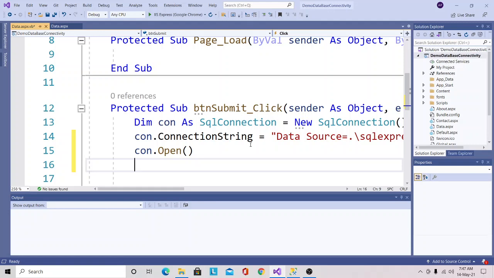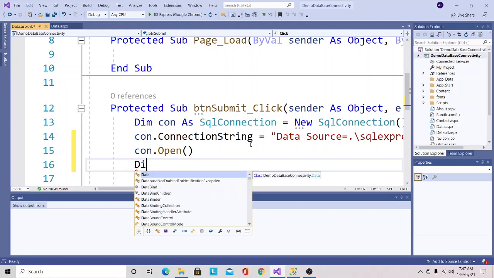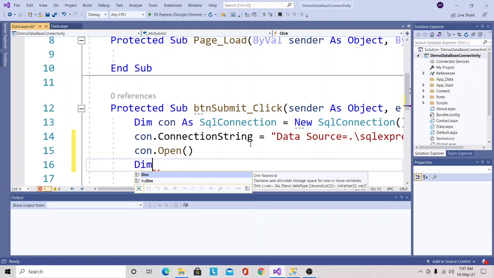Now I need to write an insert SQL query to store the value into the student table. For that purpose, here I will create the cmd variable for the SqlCommand class. Again, to declare the variable or object of the command class, first I will call the Dim keyword, which stands for dimension.